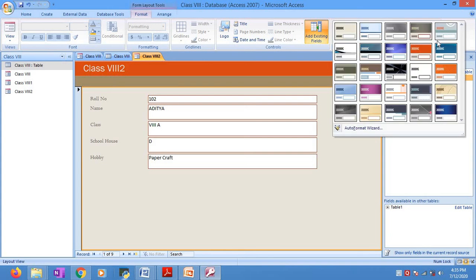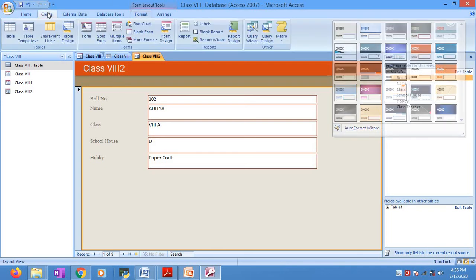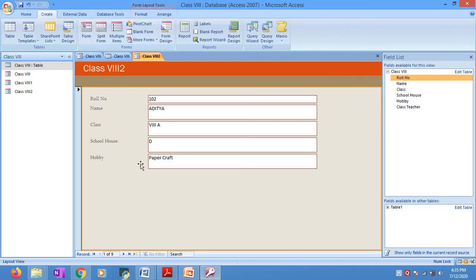So children, that is all about today's lesson. What you have learned is how to create a form, how to see the records, how to present your form type, the layout, and how to do the formatting in the form. So that is all about today's class. And in the next class I will tell you about the relationship between the tables, okay. So that's it.